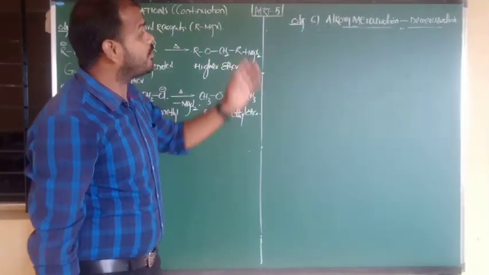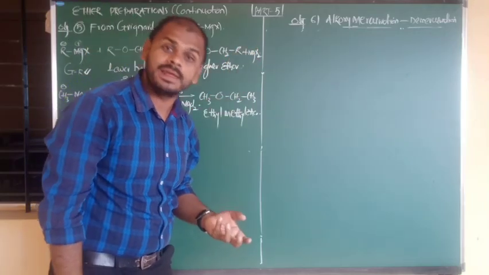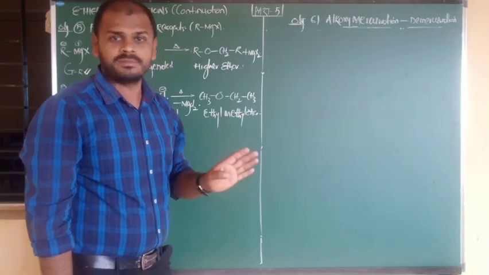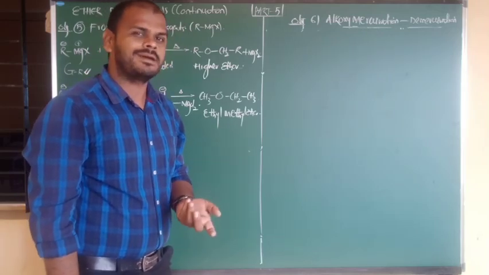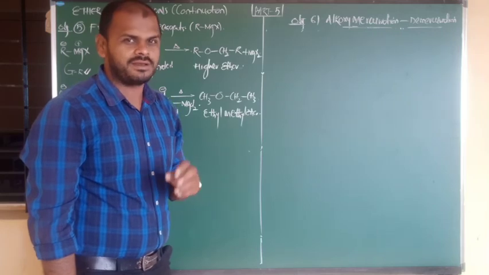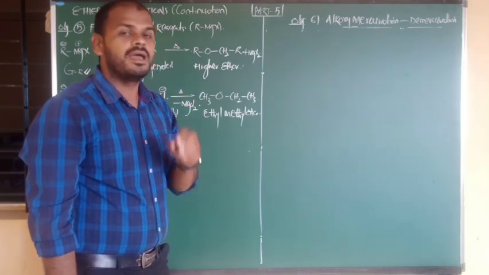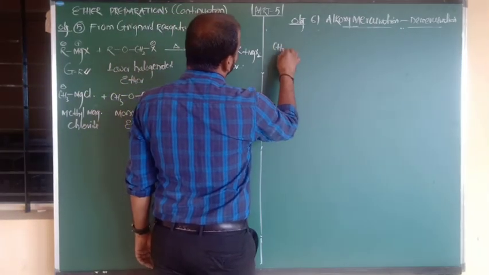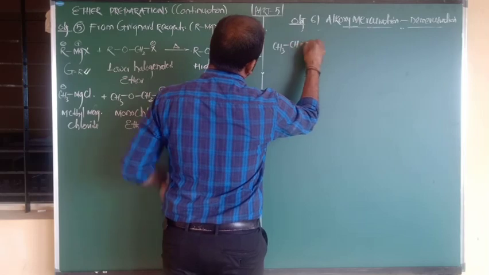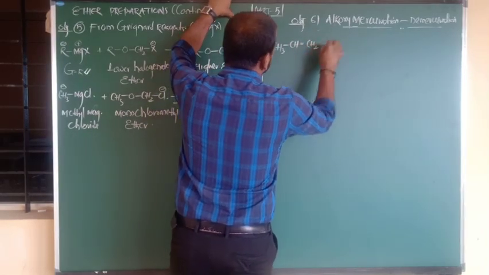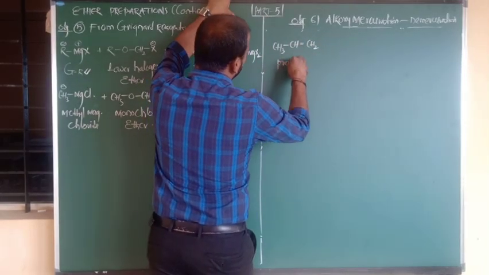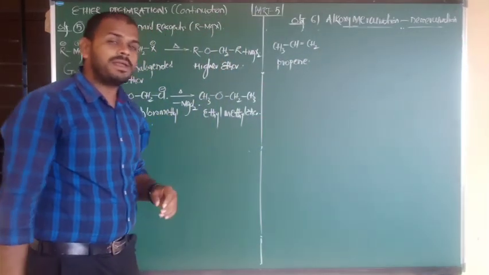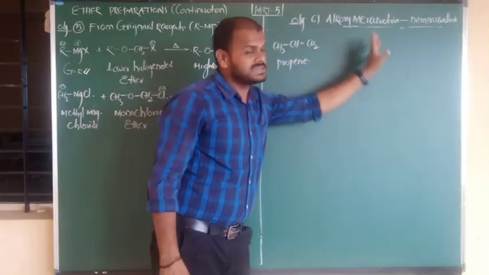Sir, which compounds undergo alkoxymercuration and demercuration to prepare ether? Especially alkene. What, beta? Alkene. Symmetric or unsymmetric, no problem. But in the case of symmetrical alkene, you won't get any variation. I am going to show you the variation in unsymmetrical alkenes. The unsymmetrical alkene formula is propene, CH3 bonded to CH, double bonded to CH2. What is the name of this compound, beta? Propene, and we can also say 1-propene. 1-propene undergoes the process of alkoxymercuration.